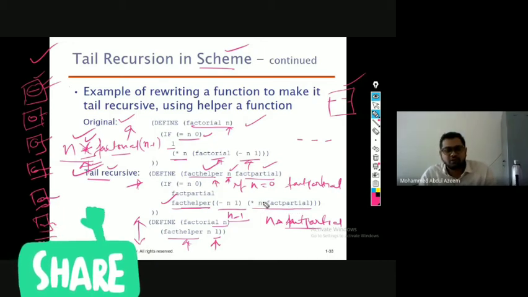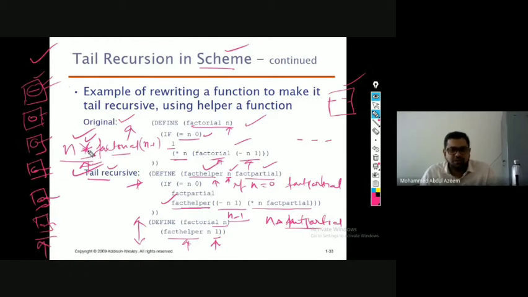See, multiplication is the last operation. For a multiplication operation, you require two operands, one is the left operand, another is the right operand, yes or no? So here, the left operand is available, but the right operand is available only after the function call is made. But the function call itself will not decide what value it can generate until the last function call is made. So all such values have to be stored, for which we need a separate space. Since all of them are different function calls and you are not performing the operation then and there, you need separate space to distinguish them. That's the reason why you had a different activation record for each particular call.